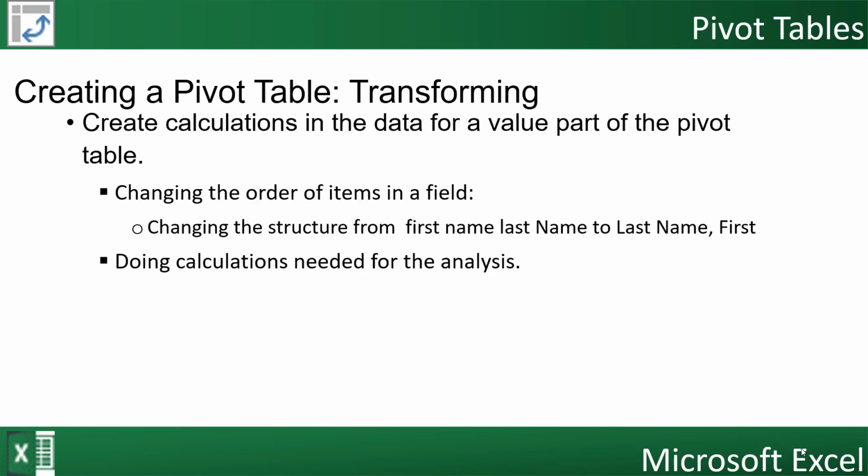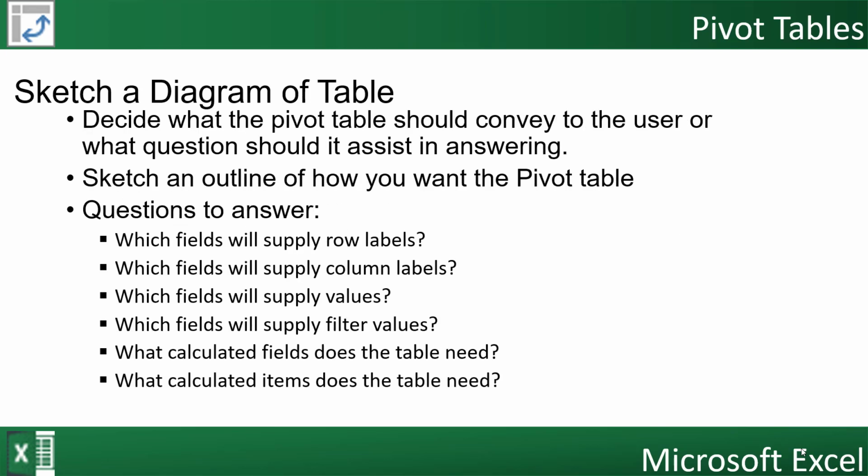Finally, new data may be generated based upon existing data. For example, a report may contain the quantity of a good purchased and the unit price of the good, but not the total amount of the purchase. If the pivot table design requires the total amount of the purchase, the user may want to calculate it before creating the pivot table. The second to last step in creating a pivot table is thinking about the pivot table